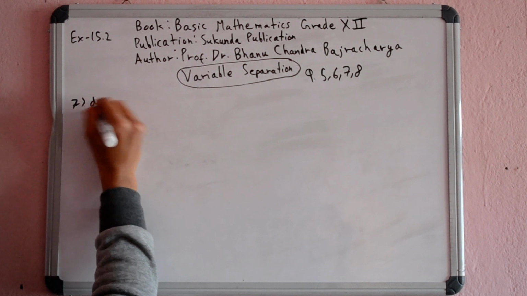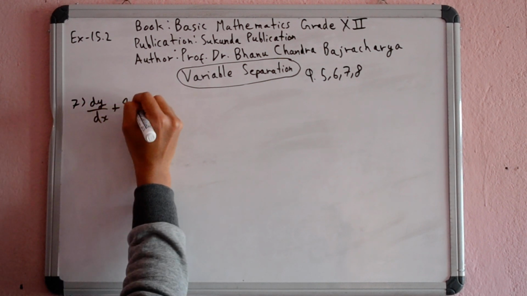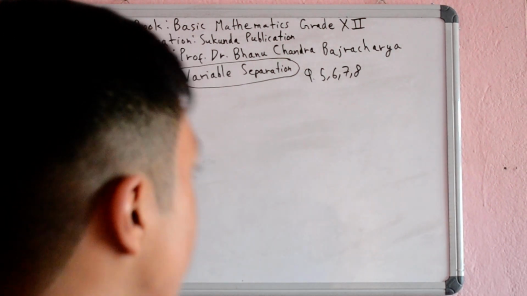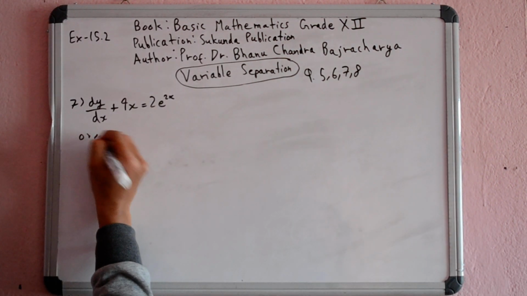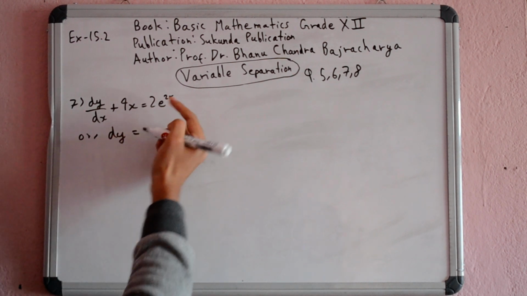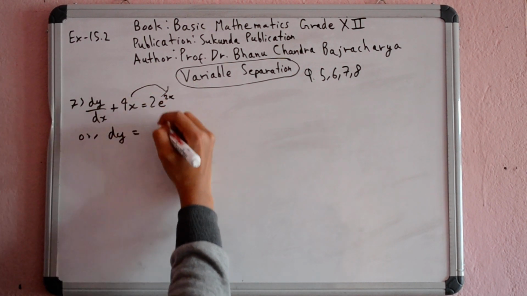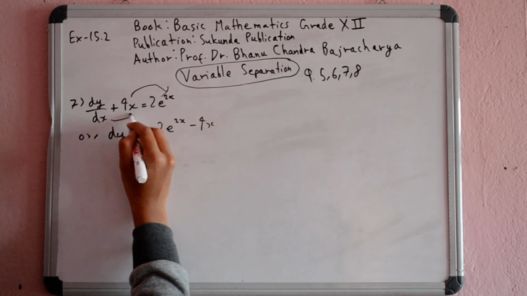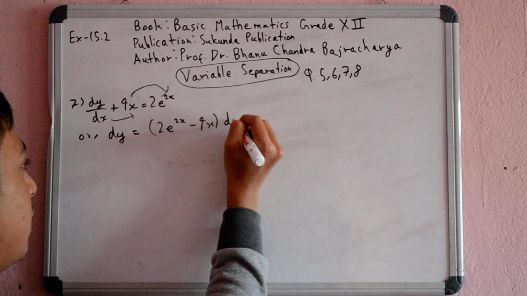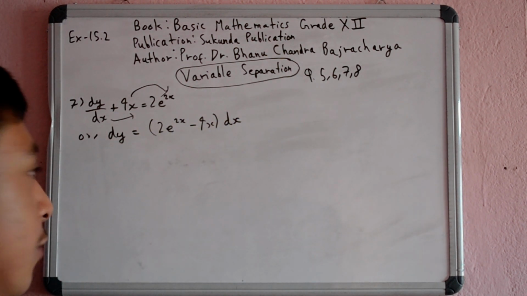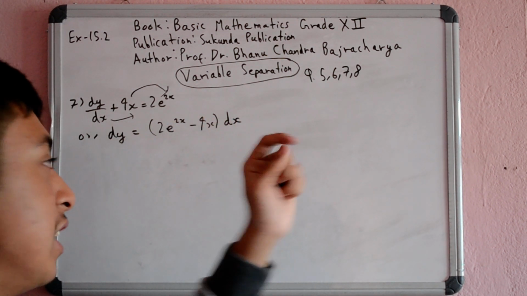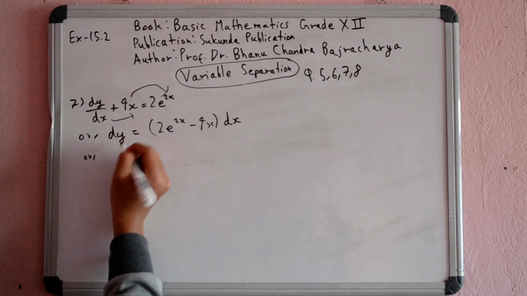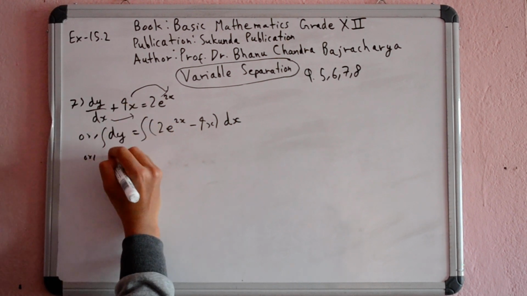dy by dx plus 4x is equal to 2 e to the power 2x. Now, again, we have to separate the dy's and dx's. So dy is equal to, first, let's move it right here. So this becomes (2 e to the power 2x minus 4x), and move the dx over there. So this becomes dx. Now, if you want, you can take 2 common, but it will be nicer if you actually don't take 2 common. So, integrate both sides. You get y equals,